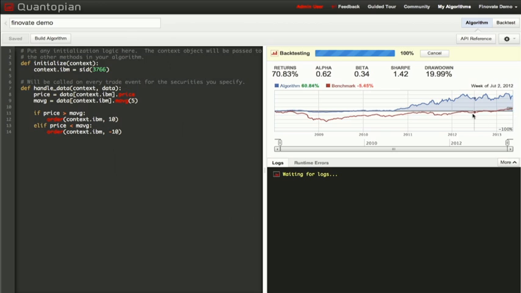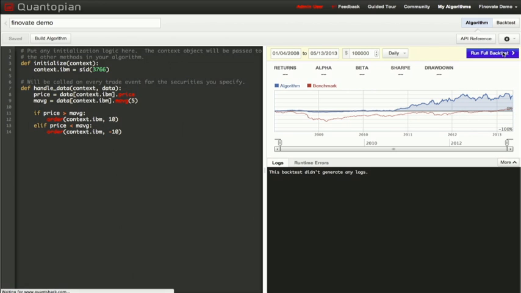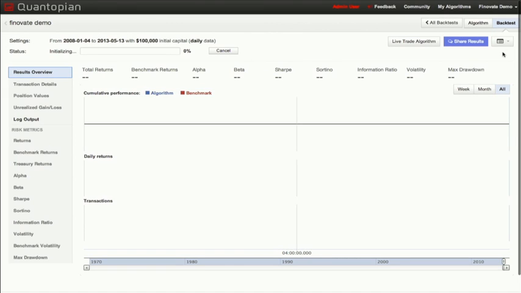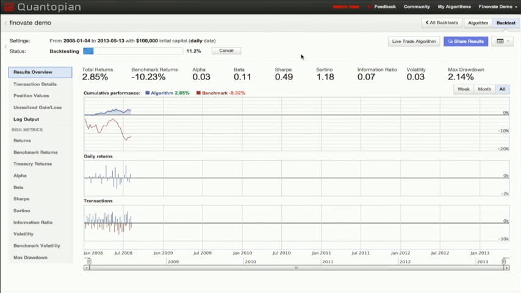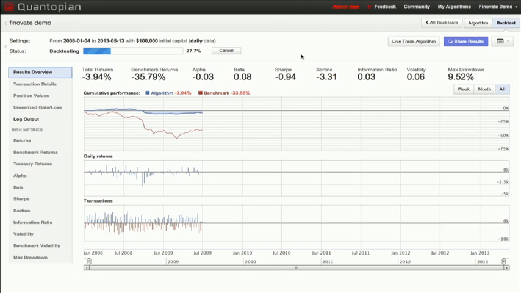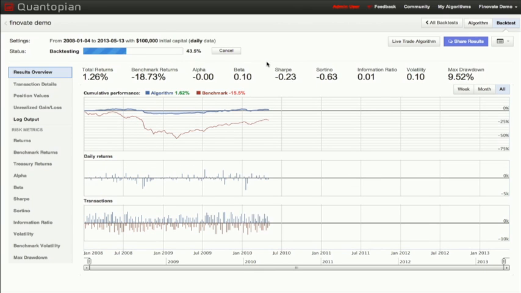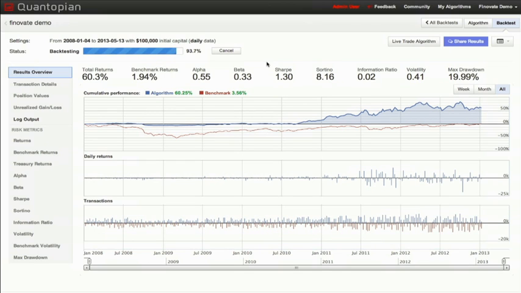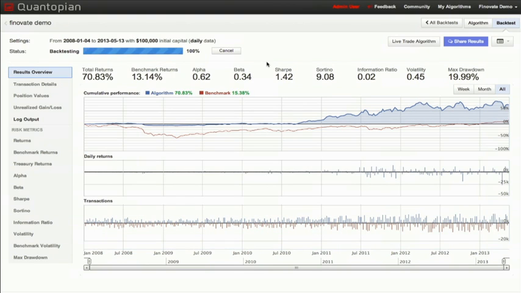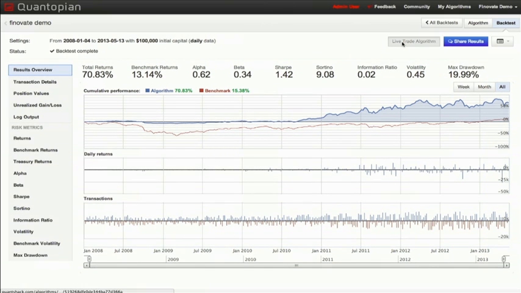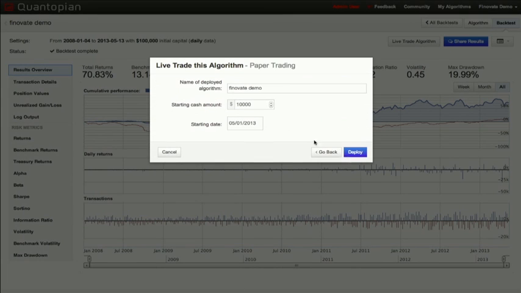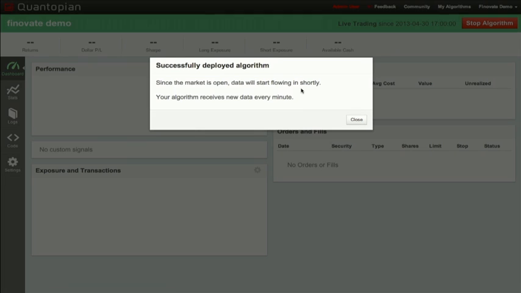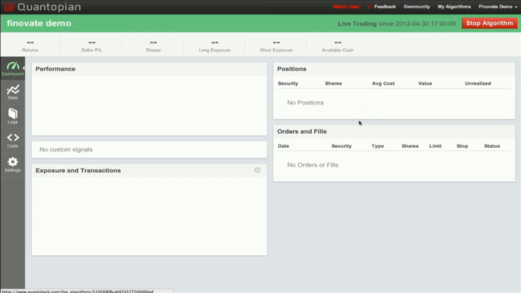Let's take a look at a more detailed backtest for the same simple algorithm. Our backtester provides several performance and risk metrics to help you analyze how your algorithm might do in live trading. You can see everything from the alpha and Sharpe to the information ratio right here. Now, after all of this testing, if you feel your algorithm is ready, you can deploy it to live trading. And we've taken a process that used to take months and made it into a single button click. Let's do it right now. And there we go. We're trading live.